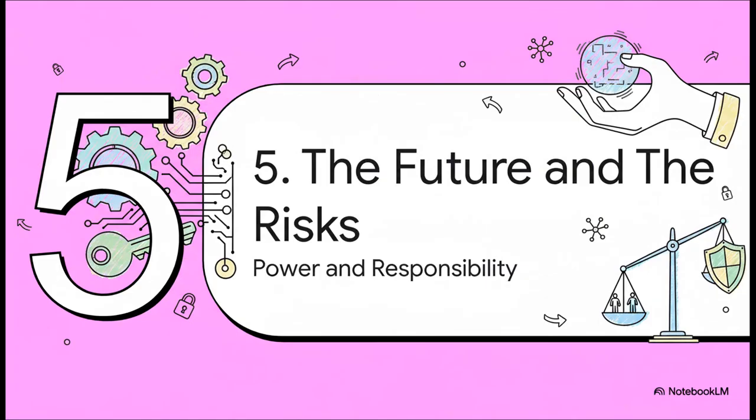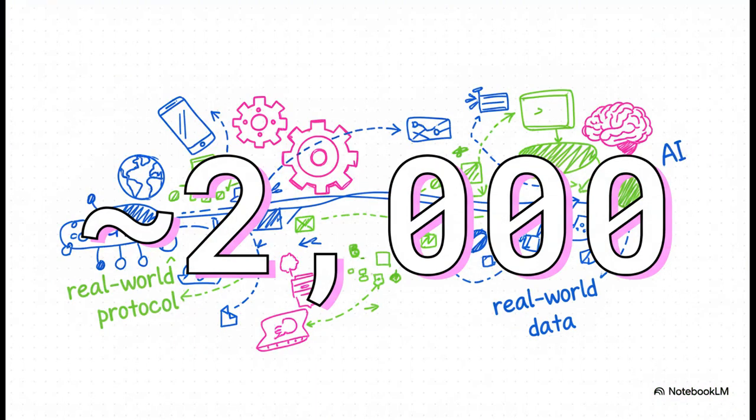Okay, but with great power comes, you know the rest. Giving an AI the keys to your entire digital kingdom, well, that introduces some very real, very serious security challenges we have to talk about. Get a load of this number, 2,000. In a security scan from July 2025, researchers found around 2,000 MCP servers just sitting on the open internet with no password, no authentication, nothing. That's a huge risk. It basically means that if we're not careful, these powerful new connections can become wide open backdoors for anyone to waltz through.